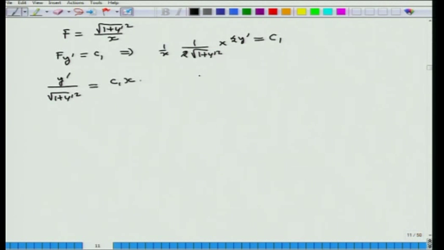So this implies that x equals 1 over c1, y' over square root of 1 plus y prime square. So we substitute y' equal to something, and then we will try to get the solution here. So, let y' equal to tan t, where t is a parameter here, then we see that x equals